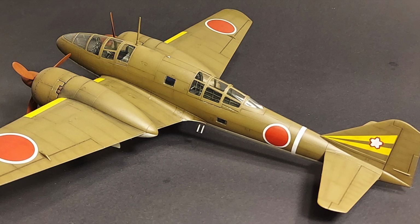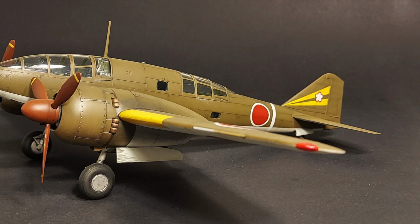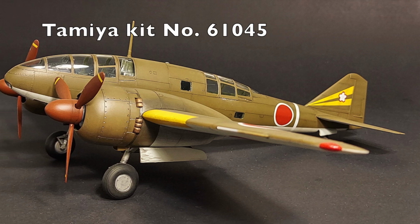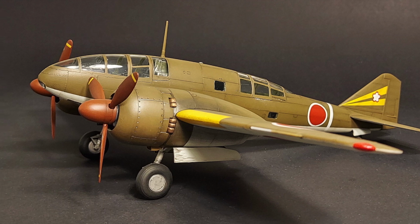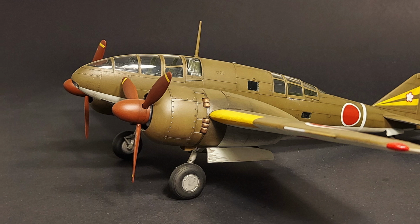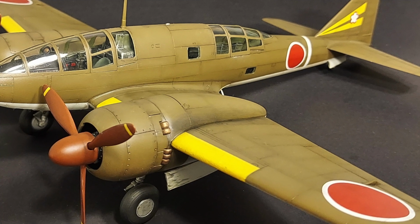Today I am looking at Tamiya's beautiful 1/48 scale Ki-46 III Dinah. The Tamiya kit number is 61045. The correct pronunciation of Ki-46 is actually Ki-46, and so I'm going to be using that pronunciation throughout this